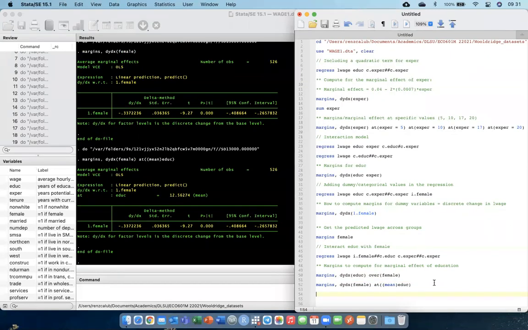STATA. Now, what if you're, well, for model specification checks, right? For consistency checks, what if you wanted to get either the predicted values or residuals, or maybe for plotting purposes, you want to get the predicted values or residuals of your model? So it's very simple. So if you wanted to get, say, the residuals of the regression,